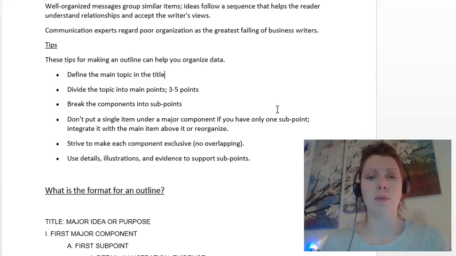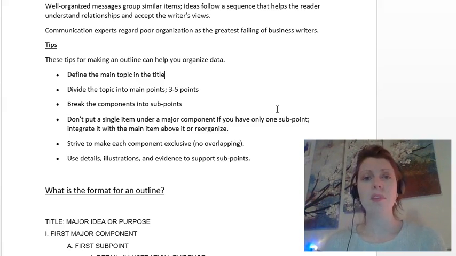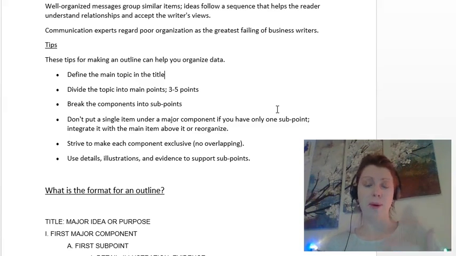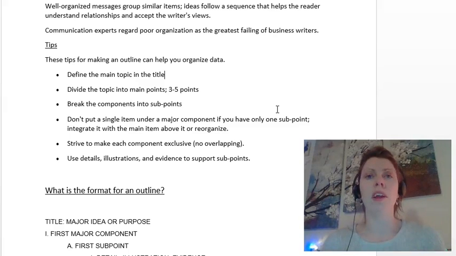Strive to make each component exclusive. You don't want there to be overlapping. You don't want the reader to read your memo or read your proposal and think, oh my gosh, they're just saying the same thing over and over again. No. So try to make sure you have a few ideas in there, you have things that change as you go along, and that you have several points to make, not just one thing over and over. And also make sure that you